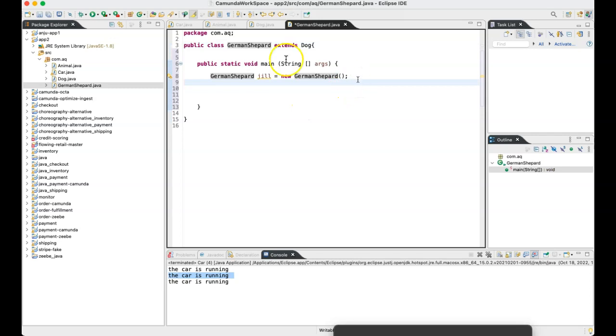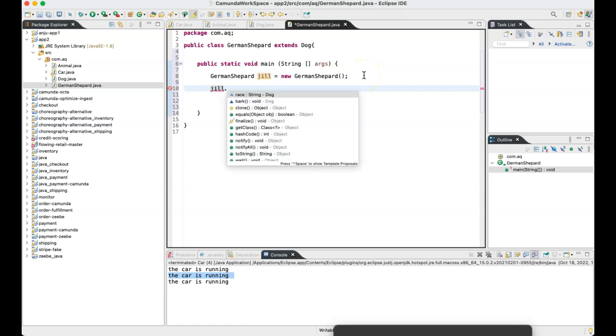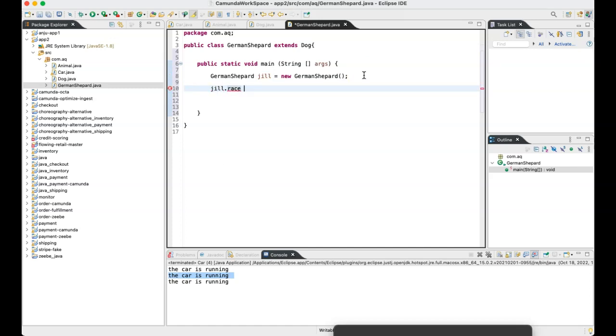Now, have I defined race anywhere in the class German Shepherd? Do you see? Have I declared it anywhere here? From line 1 to line 10, have I told anywhere the attribute called race? No, right? Perfect. But you see, Jill dot, do I see a race attribute?